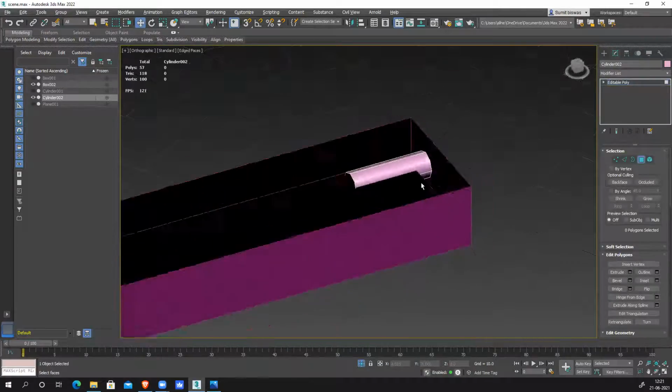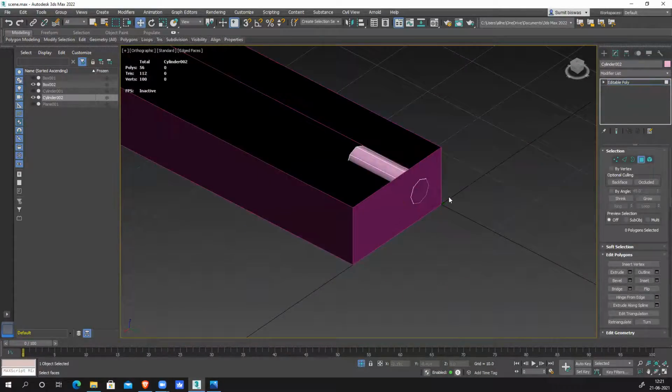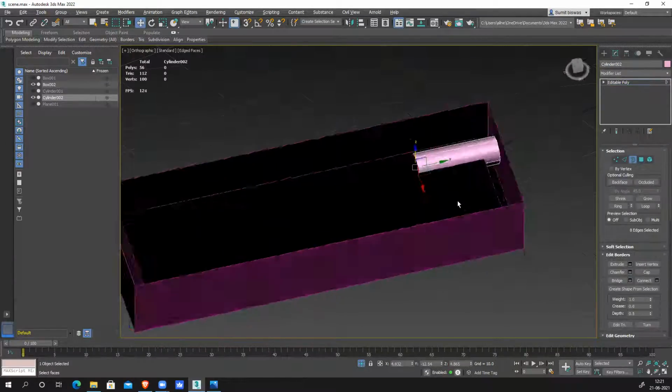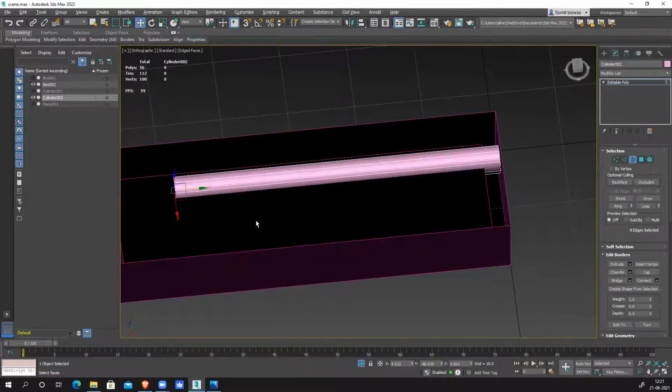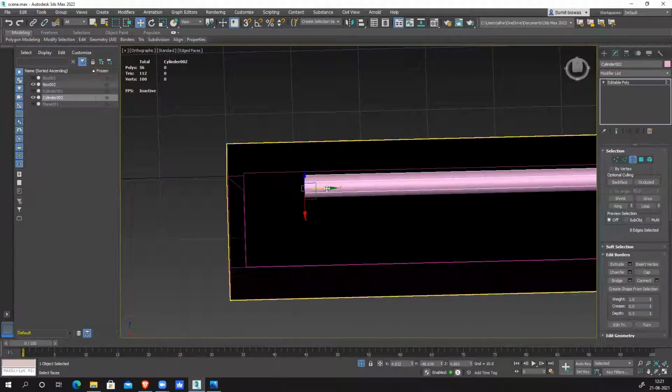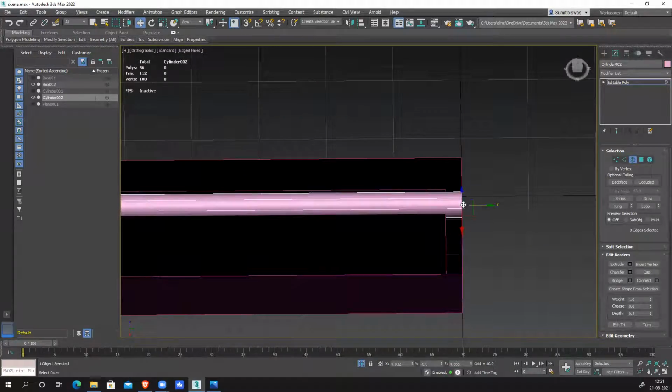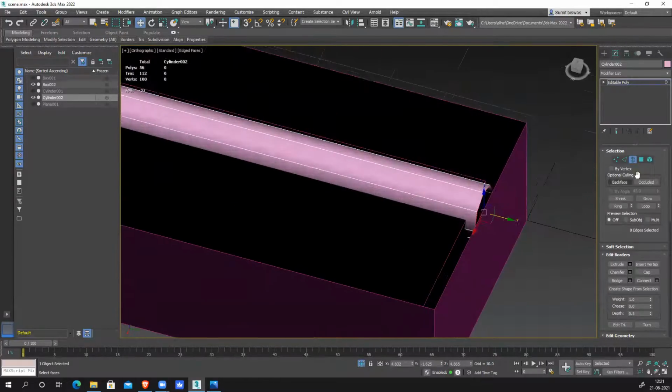Delete this face, delete this face. These two are not required. Select this one. Place it slightly extra, that's fine. Slightly extra, it's too much. Slightly extra is fine.